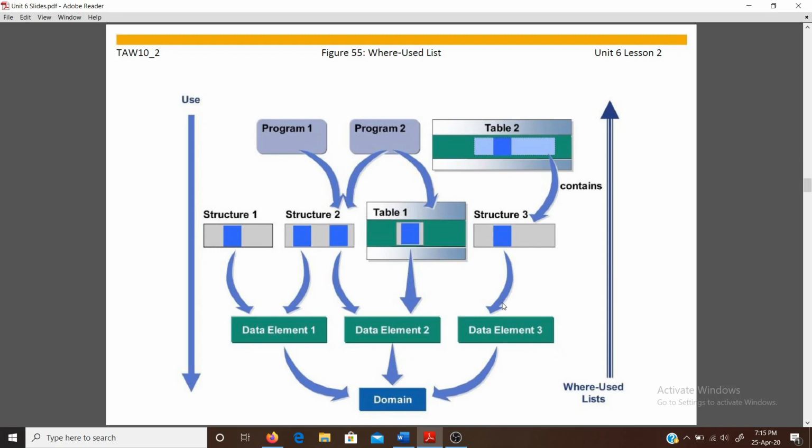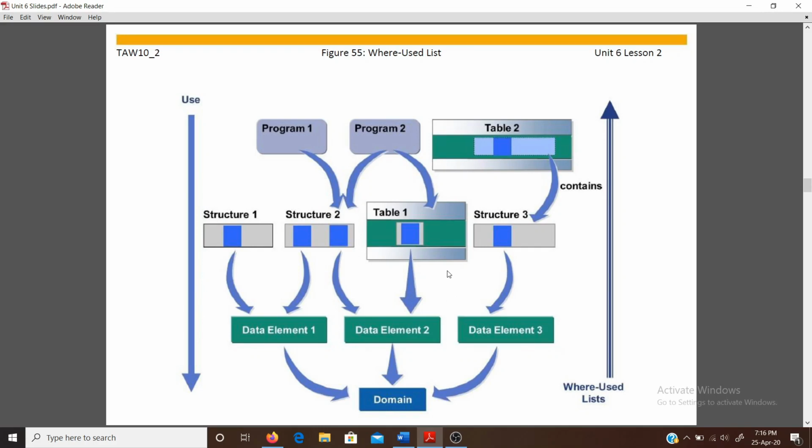Each object in the ABAP dictionary maintains a where-used list. That means once you create an object, like a domain, data element, structure fields, tables, and you use them in programs, the ABAP dictionary maintains a where-used list with each of these objects that provides information about where it can be located.